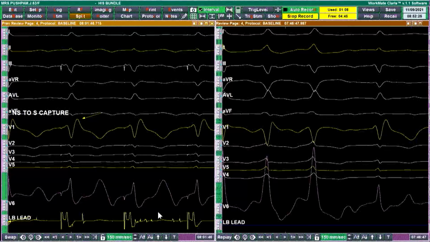In our lab, we usually have a cutoff of 80. If it is not 80, then we'll try to go to some other site to look for a good LVAT. If it is beyond 90, usually we will not accept. That means that probably it is more of a septal capture rather than a true conduction system capture. But in patients with a very dilated LV or very thick LV or very scarred LV, you may tend to get a very prolonged LVAT. Sometimes even 100, 110 will be there.